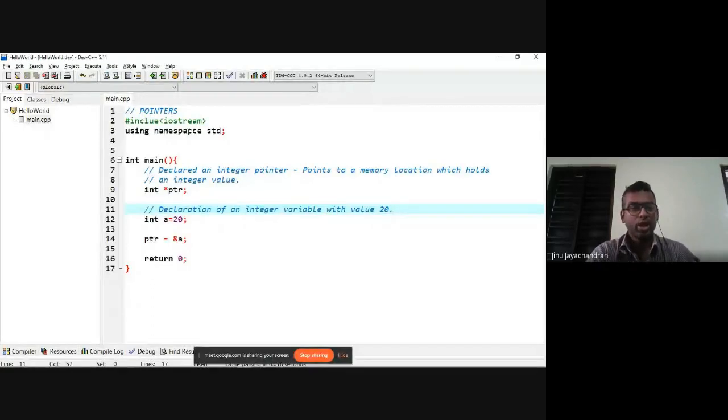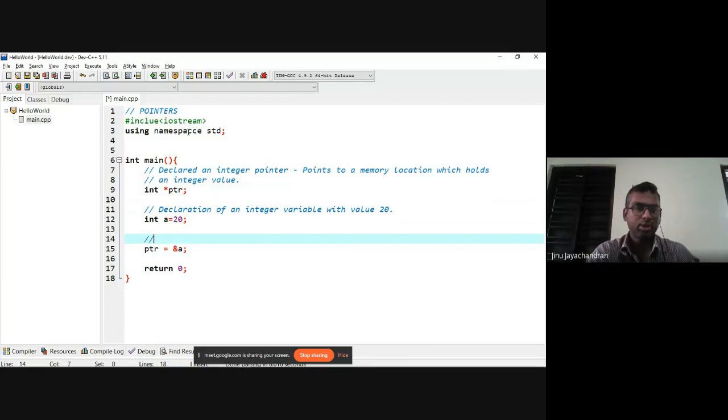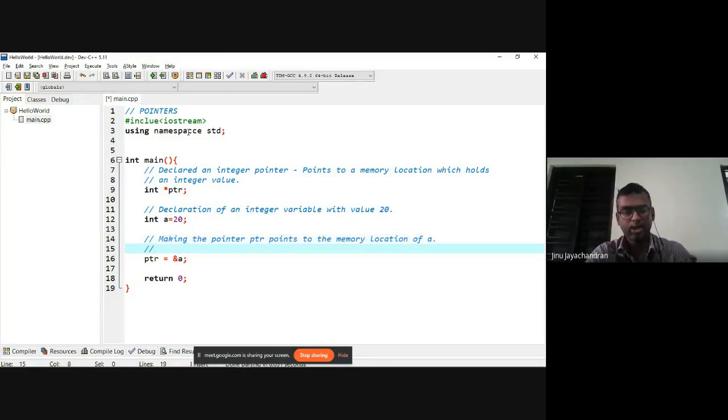Now this step where I said ptr is equal to ampersand a means you are making the pointer ptr point to the memory location of a. And the ampersand sign basically means the address of a. I hope you have understood this much.